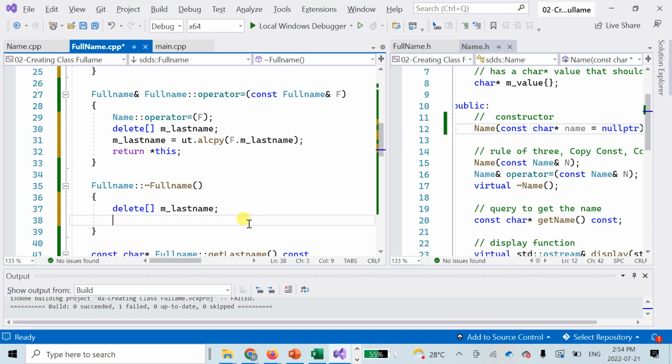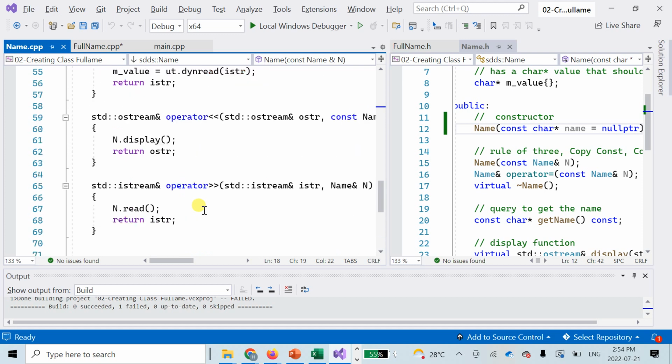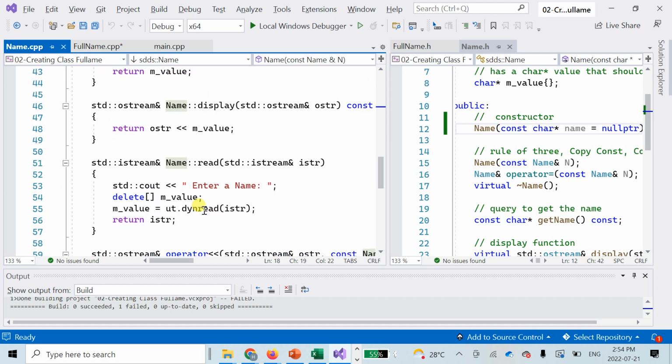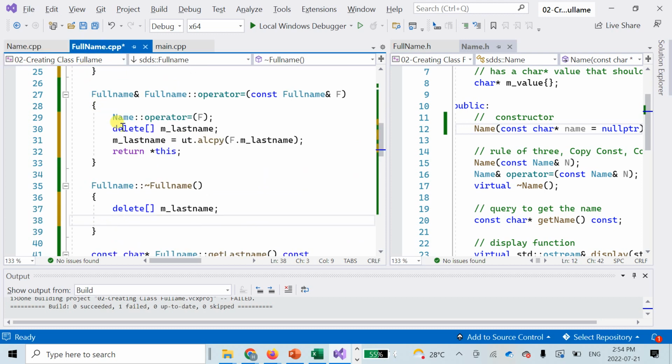Excellent point. So, Tran thinks we still have the name part. We have this name here that requires deleting. It is true, and